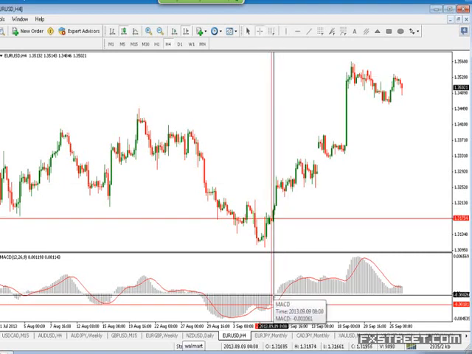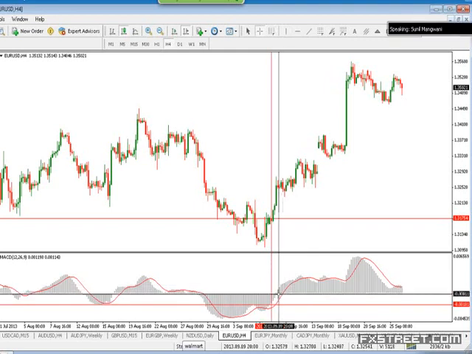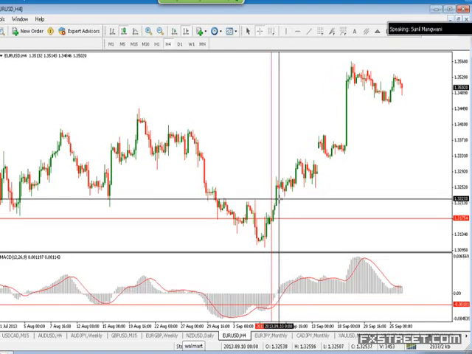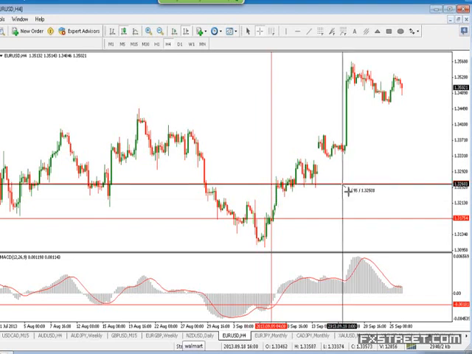Whereas compared to the histogram bars turning positive, we would have taken an entry over here. This is a histogram bar. We would have probably taken an entry somewhere over here. So what it does is I have got an extra, in this case about 85 pips. We are in the 4 hour, of course. I have got an extra 85 pips. I can get into a trade earlier.